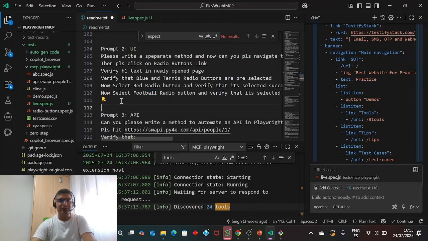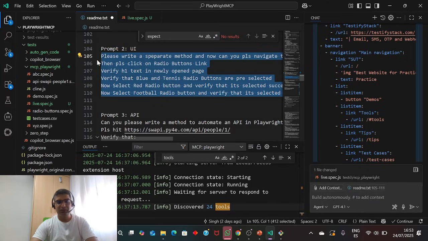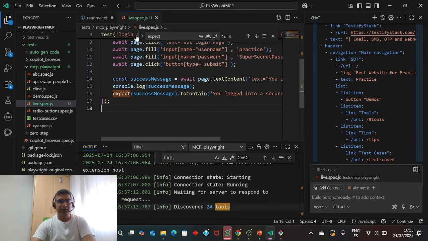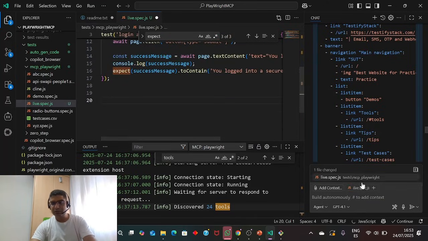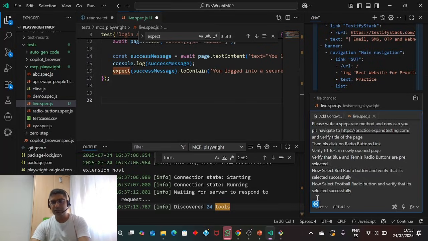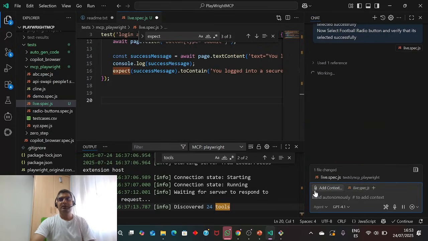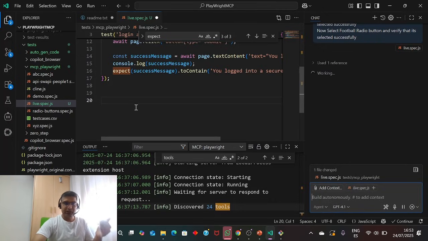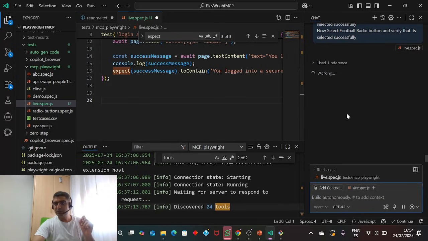So let's copy the complete thing. This context is already there, same class, same context. Let me copy paste and enter. Make sure this is agent mode, because if you write the same text in ask mode, the code will be written on the right-hand side and you have to copy and paste it.